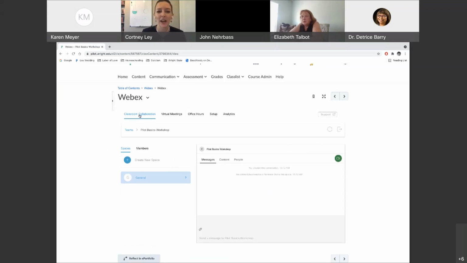Once you have signed in with WebEx Teams, through your Wright State email account, you saw the process as I was signing through. It had me sign in by putting in my email, and then it gave me that WID and password, like what you use to log into Pilot. And that will create a team based on whatever the title of your course is. It automatically creates a team for you. One thing classroom collaboration is pretty useful for is that it gives the students a space where they can chat,